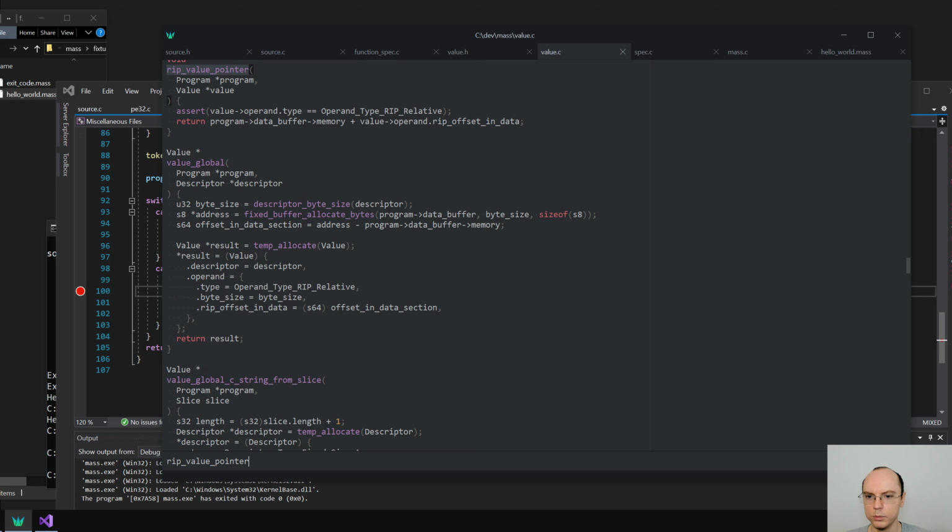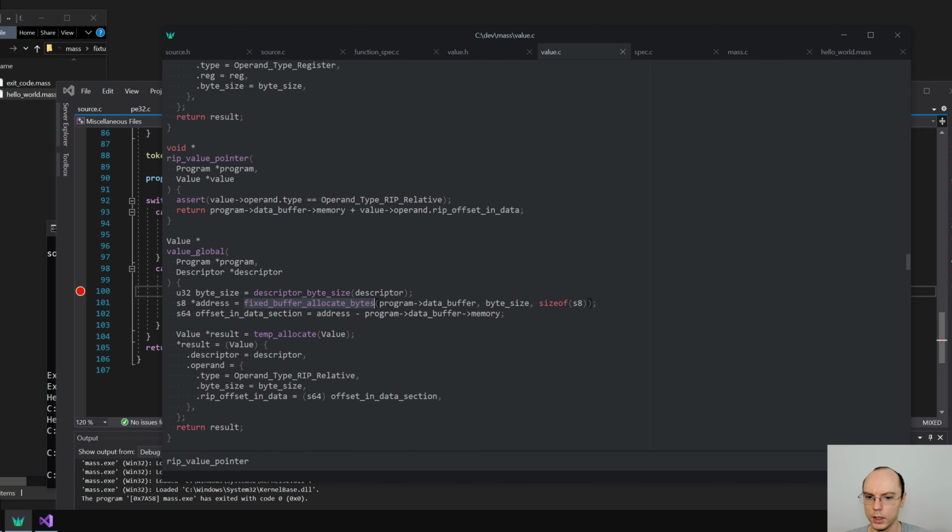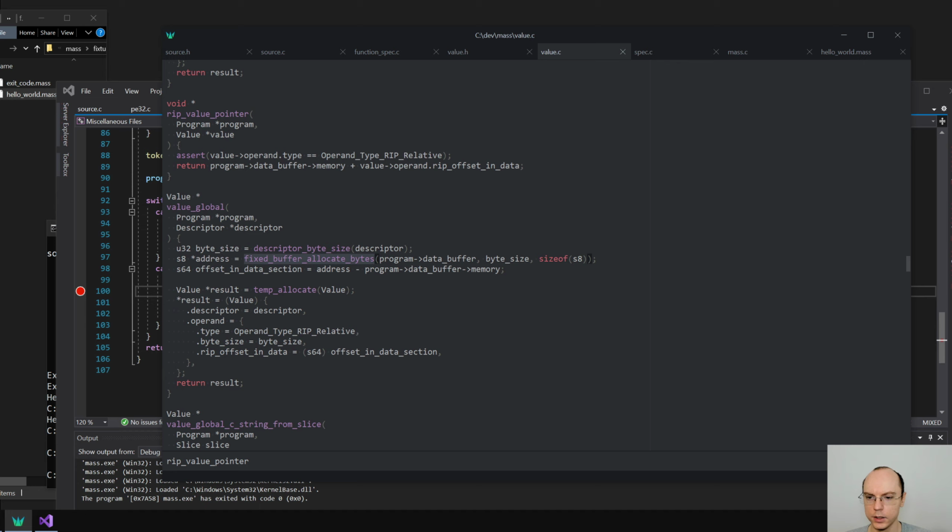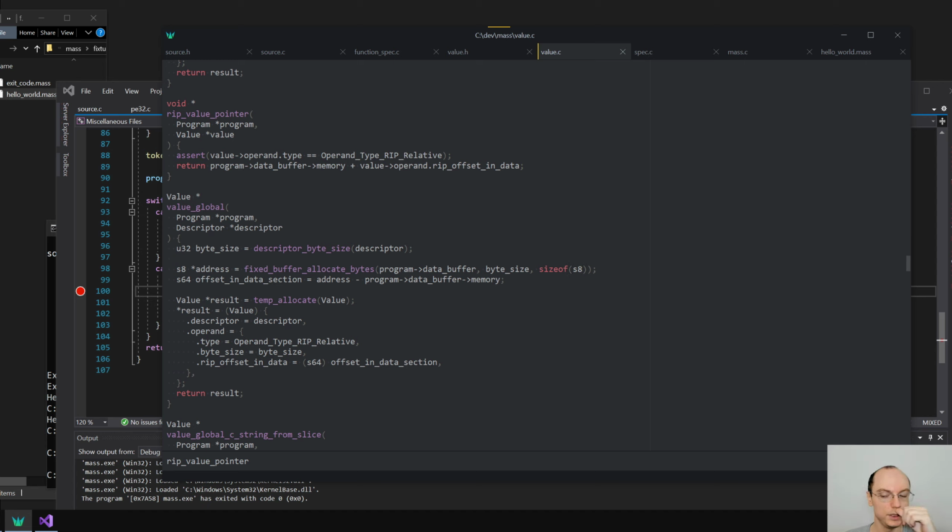Yeah, we have value address. So we allocate bytes. Here we actually need to do correct alignment. So this last argument is alignment, and alignment needs to be the